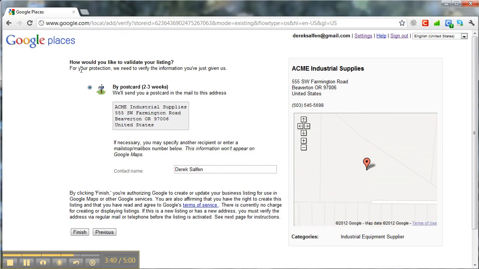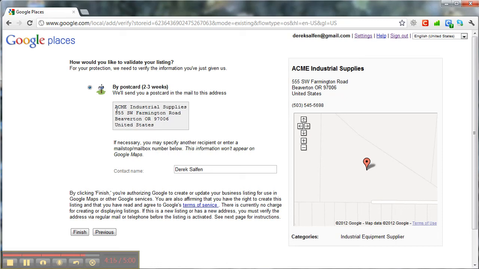The next step is you want to click Finish, and that'll go ahead and submit it, but I'm not going to submit it because this is a dummy company. But this is going to take 2 to 3 weeks is what they predict, because they're going to send you a postcard if this is a new business that Google doesn't have in its database. And that's just the way it is. That's how they verify that this is an actual physical address and that the person who owns this business and this Google account are the ones associated with it. So they'll send you a postcard. It'll have a code. You'll come back to Google Places and you'll input that code,